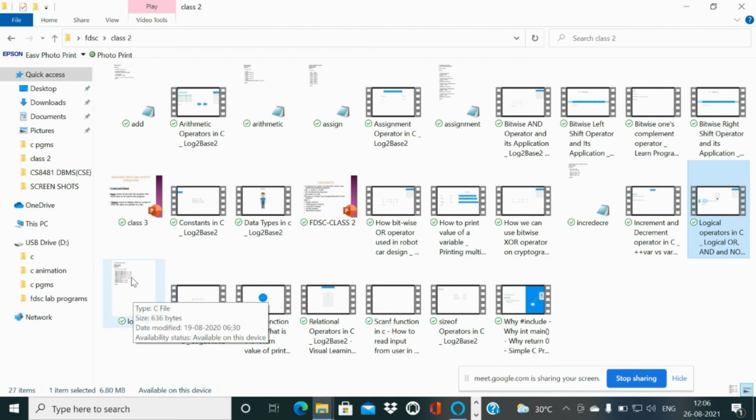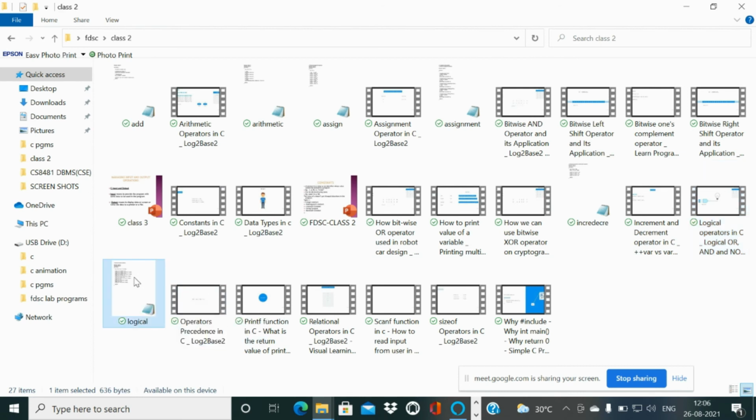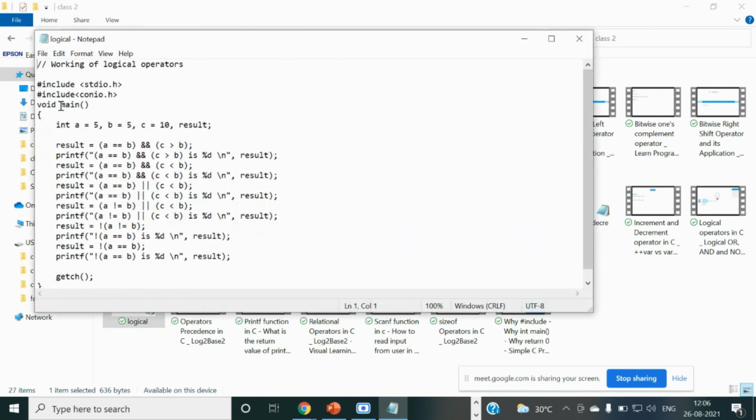So for logical operators, I have a program. But it is already the same program as in the video. So utilize this program and modify it for your